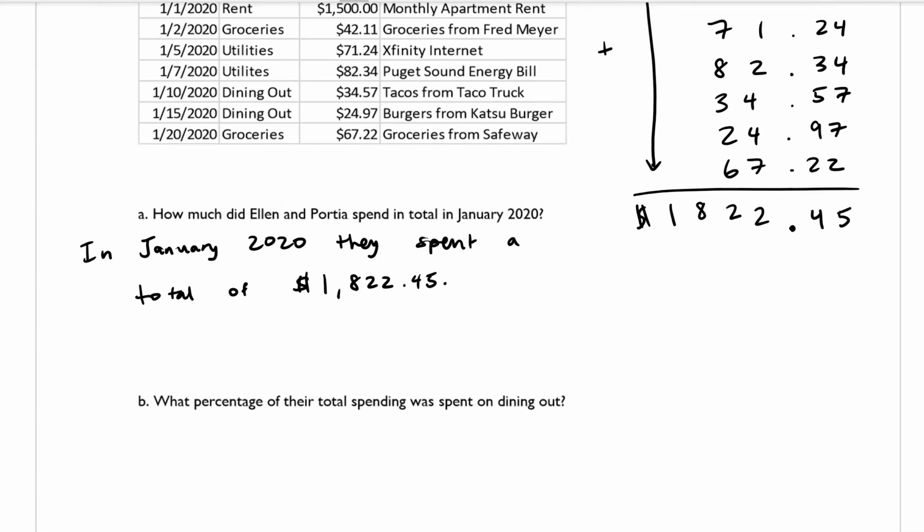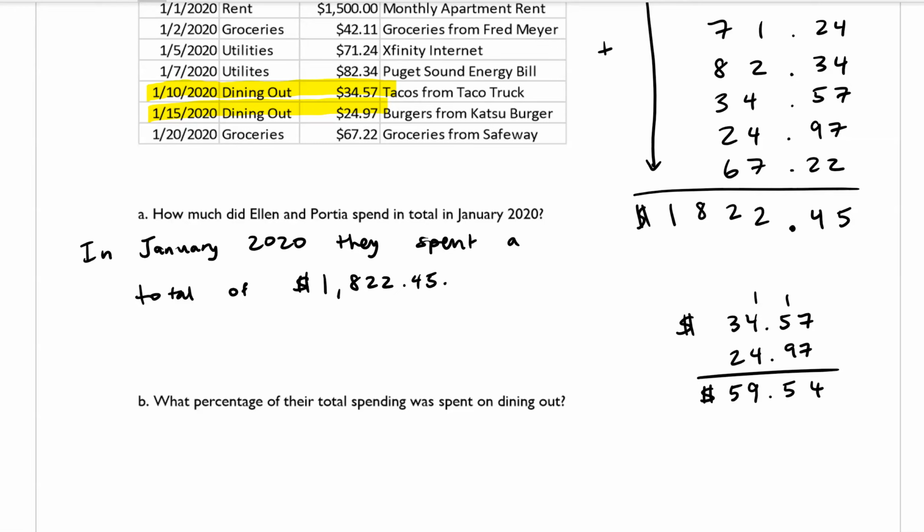So what we want to do is we want to go to the transaction log and we want to find anything that was dining out. So it looks like there's 2 values from dining out there, and we want to go ahead and add those up. So we want to add 34.57 and 24.97. So let's see, 7 plus 7 is 14. That gives us 15. 4 plus 4 is 8, and then 9, and then 5. So 59.54 is how much they spent in total on dining out in January 2020,